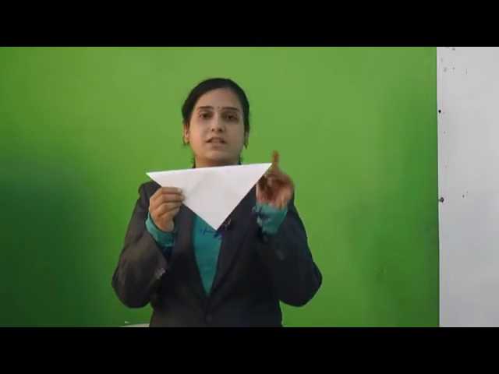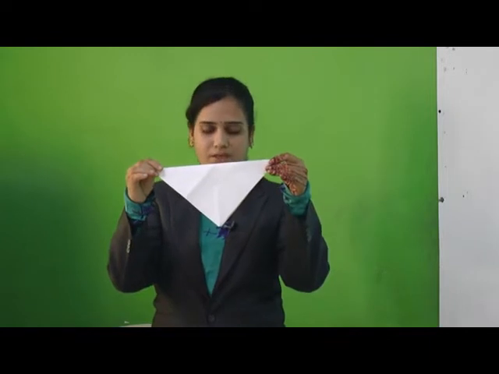Now we'll fold it horizontally. See students, what do you observe? Even this horizontal line also divides the square into 2 equal parts. Now students, we fold it diagonally. See, even when we fold it diagonally, this diagonal axis of symmetry divides the square into 2 halves. Now like this also we can divide. So we'll get 2 halves of a square, isn't it?